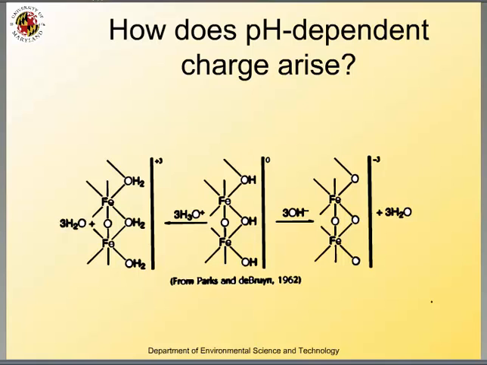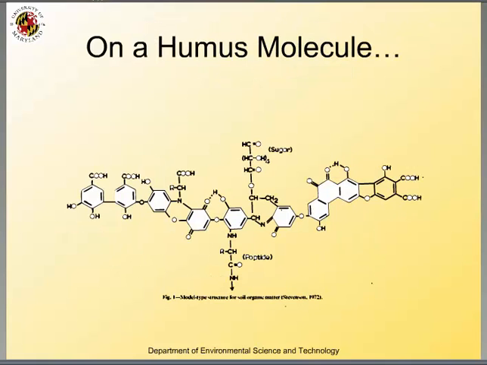Okay, so that's how it occurs on iron oxides. This is what happens on a humus molecule. This is a very simplified diagram of a humic material. And this is interesting for a couple reasons. First of all, it kind of shows you how humus is built. These are little aromatic groups, for those of you that took a little bit of chemistry. These are aromatic groups. There's bridges between them. These are called bridges. Okay? And then there's functional groups off of them. Okay? So all these functional groups